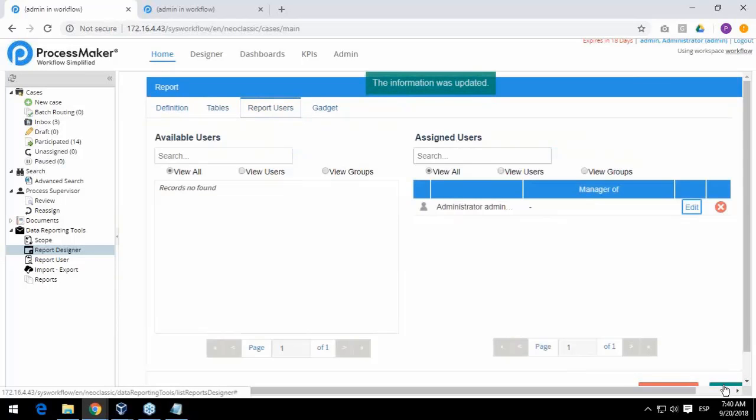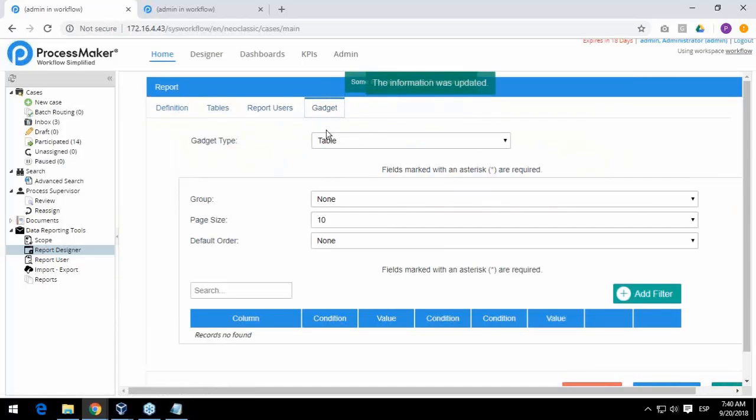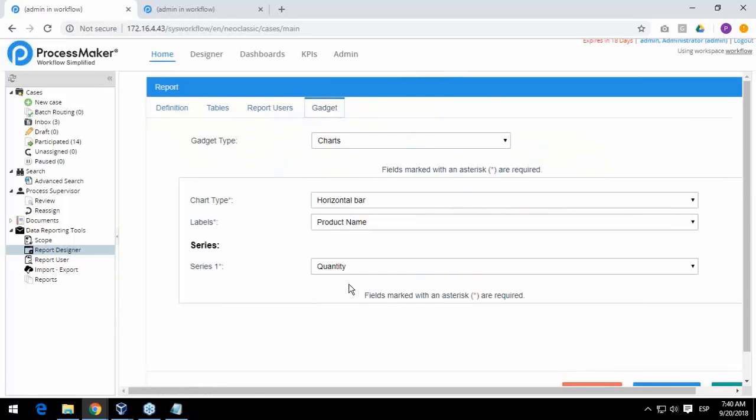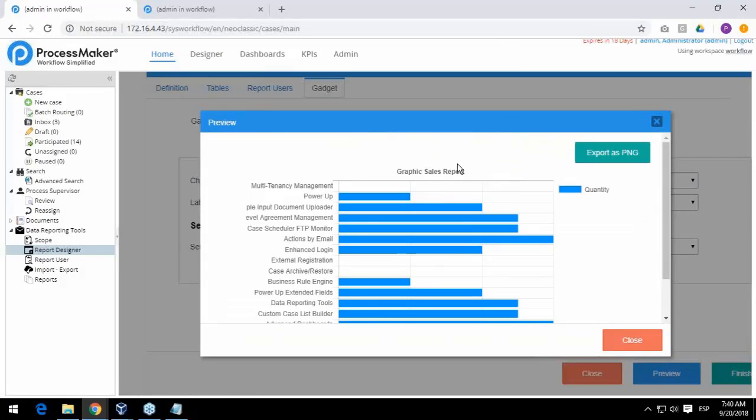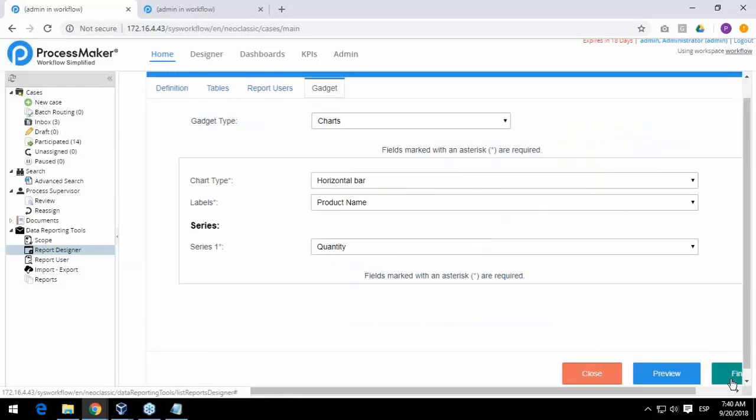We move here, then we move to charts, and then we click the preview, and there you have it. I filtered the data because you saw it was a lot of data and it was not very legible. Okay, now by doing that you can see this representation. So I'm going to finish this report,